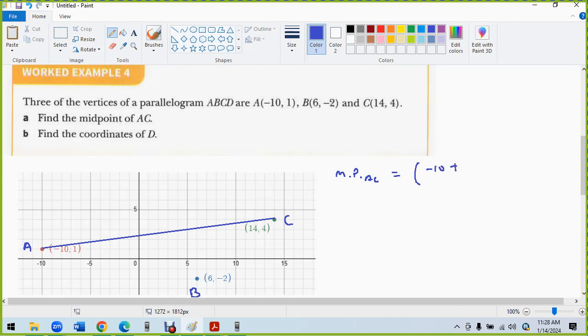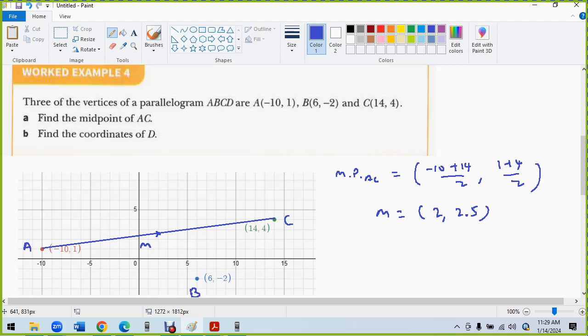negative 10 plus 14 divided by 2, 1 plus 4 divided by 2. So it's 2.5. So we have the 2.5 here. Yes, this is the midpoint. M, I call it M. Then we want to find the coordinate of D. So to find the coordinate of D is